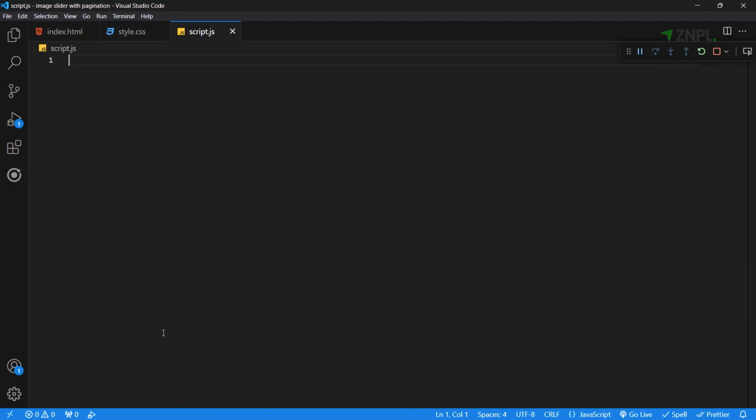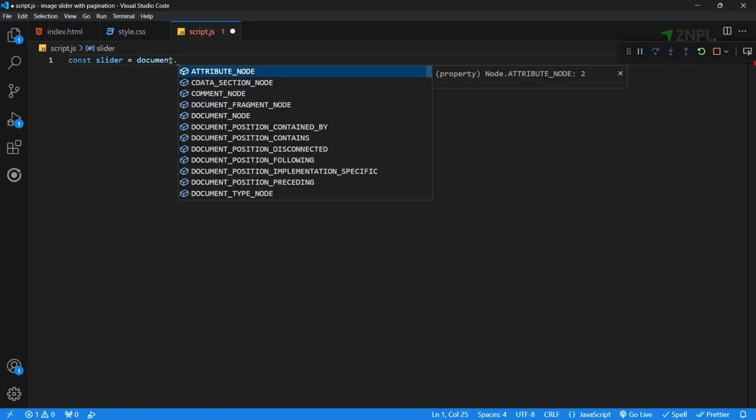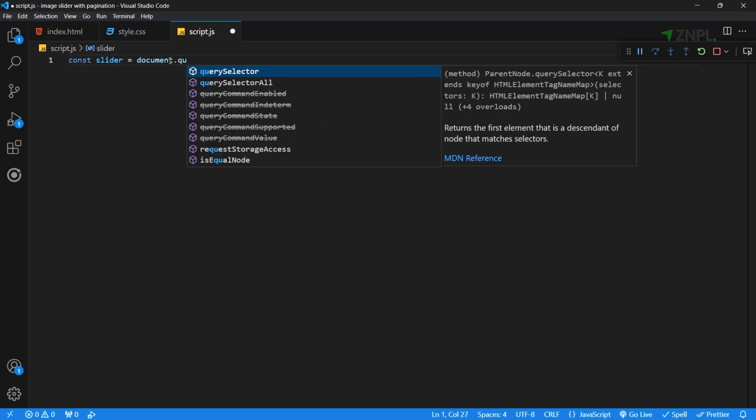JavaScript functionality. Moving on to the JavaScript, this is where the magic happens. We first select our slider, pagination, and images using the document.querySelector method.